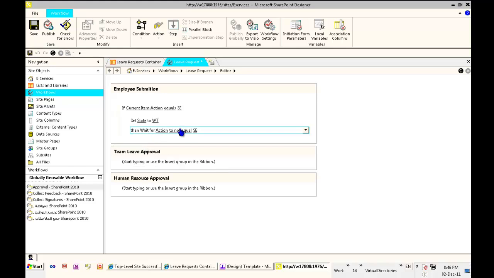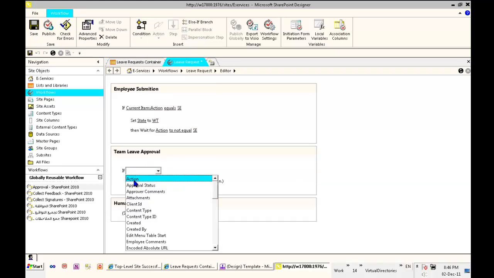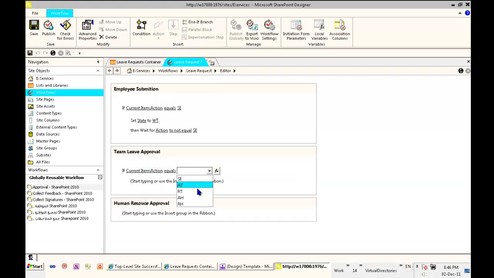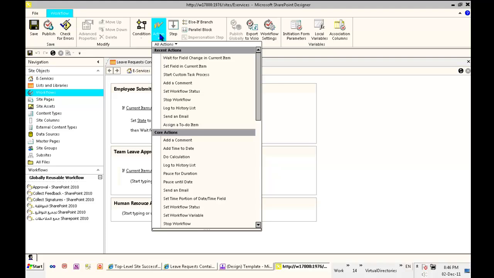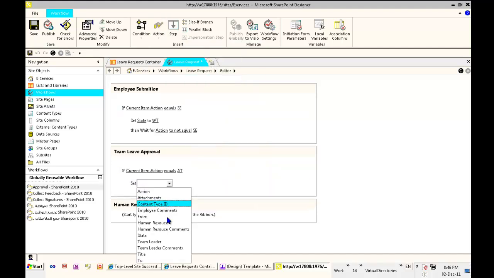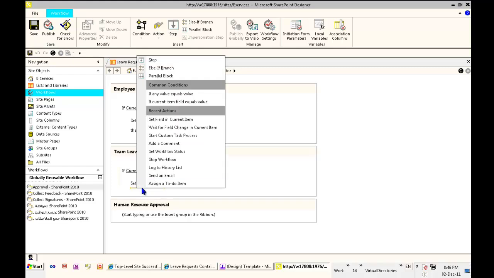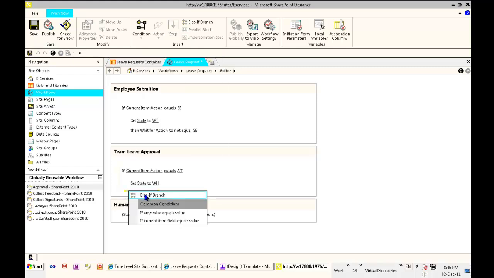So here, if suppose SE is changed to anything, so here we will now check the value. If the value of the action is equals to approve team leader, so we will move the item. We will set the field to the state of waiting the HR. Okay. Else we just right click here and add else branch, which means that the current item is